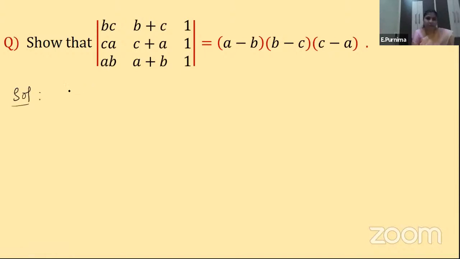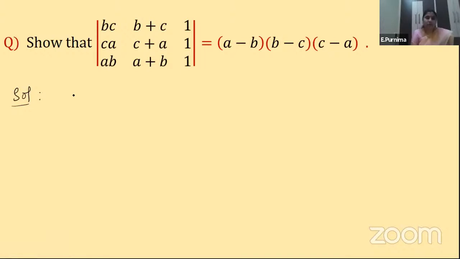For this, once you see the RHS, A minus B is there. In the last session I also told you the notations applied for rows or columns: R2 minus R1, R1 minus R2, R1 plus R2, or C1 plus C2, we can do anything. Now if you do any such transformation for rows or columns, will you get A minus B here? Do you find any A minus B? So let us see what we can do with this sum.